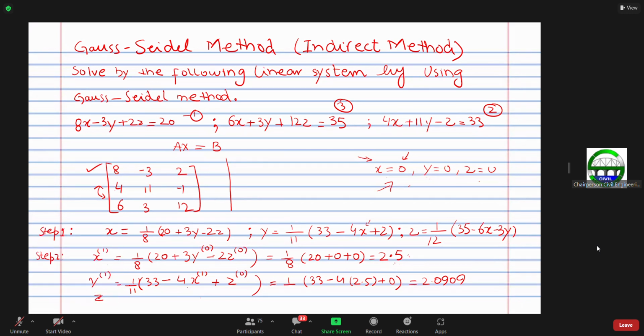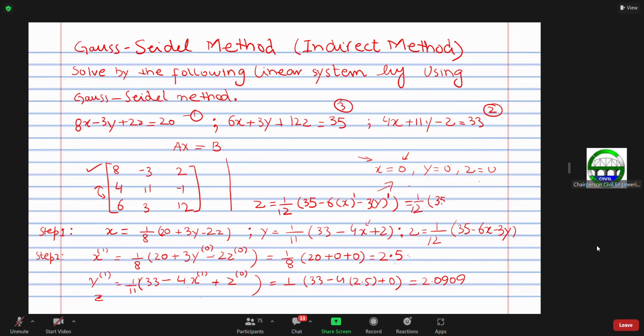Z is equal to 1 by 12, 35 minus 6x integral 1 and minus 3y integral 1. So its value will be 1 by 12,